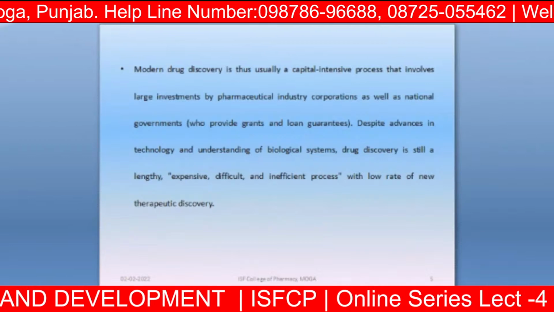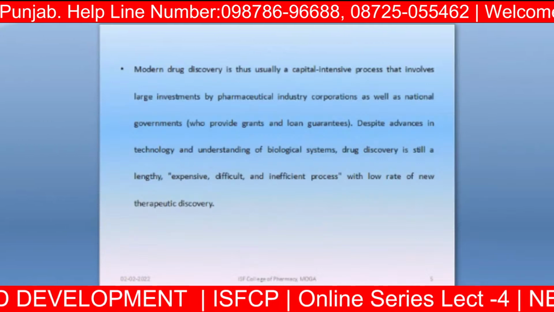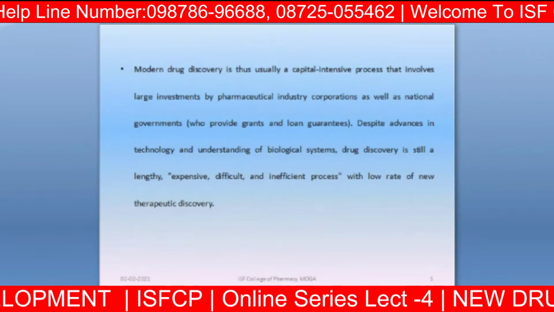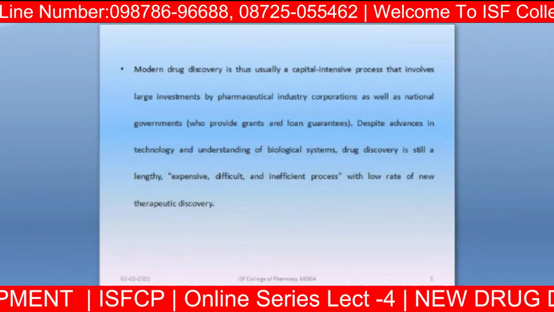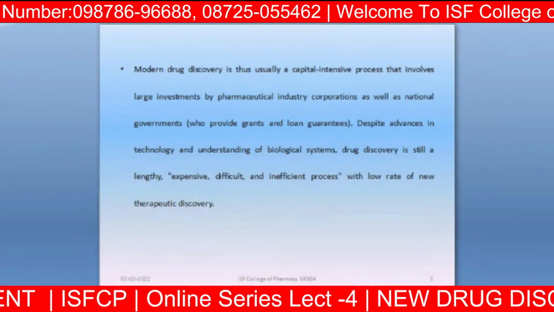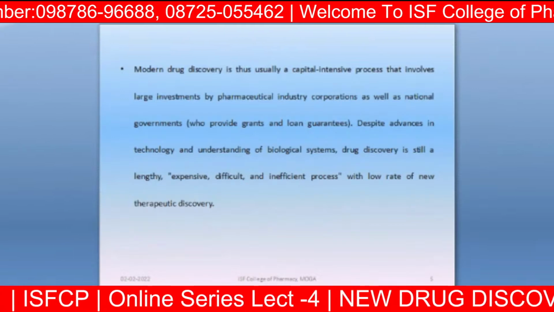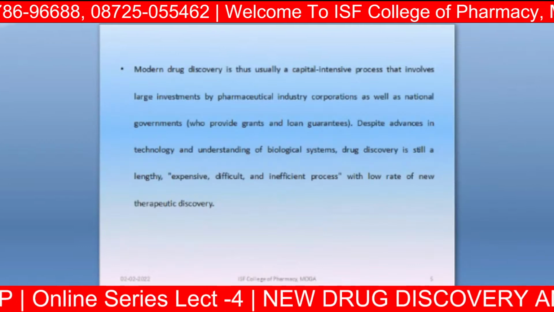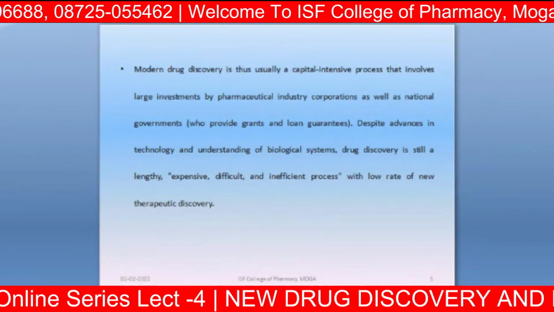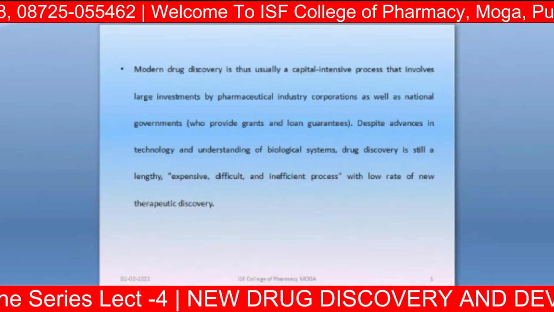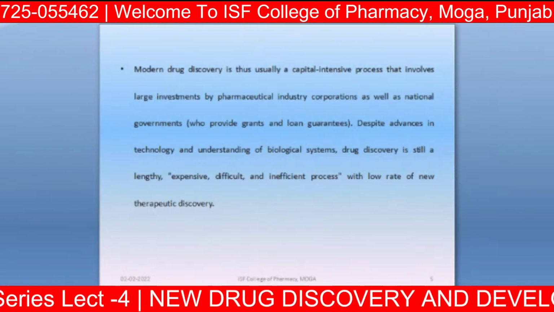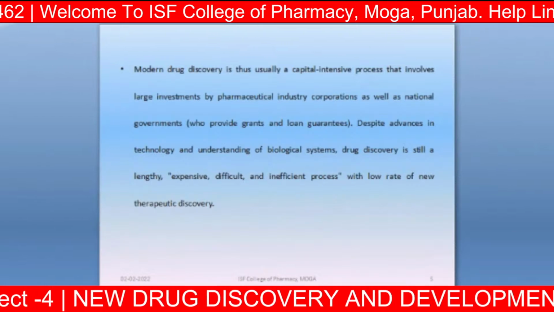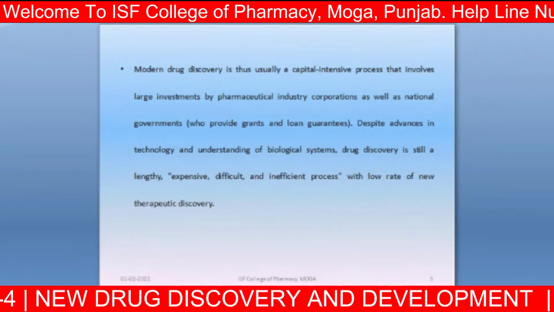So, national governments, meaning CSIR labs, government DSTs, and other agencies are also working on the same. They are trying to give grants to principal investigators or researchers. The only aim, the only concern, is the betterment of the nation, so that we can provide a good quality of drug that is feasible for all.